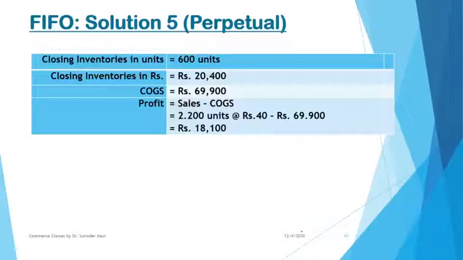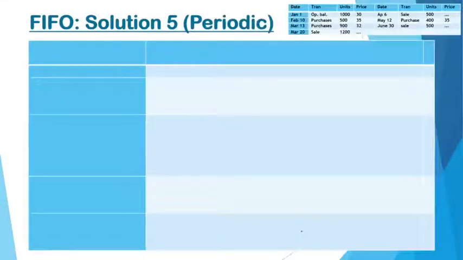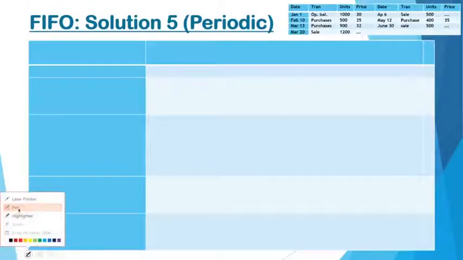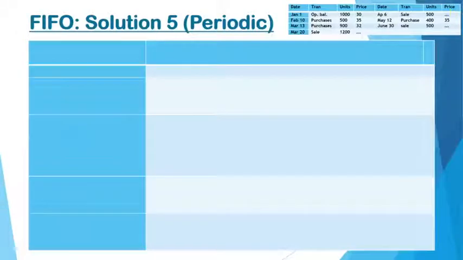Now if a similar question is to be solved under the periodic system, suppose your question says follow it under the periodic system also, what we'll be doing is we'll simply delete the sale items, just ignore those sales, because under the periodic system we just keep track of purchases. So you keep track of purchase invoices and then you can make the calculation. So this is how our question will appear. Now in this question we'll take up the opening balance, we'll take up purchases, and then the next purchase, and then the next purchase.